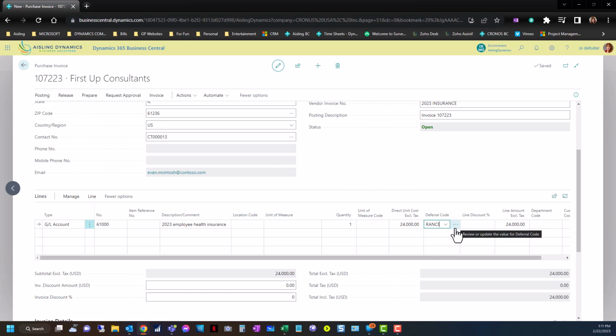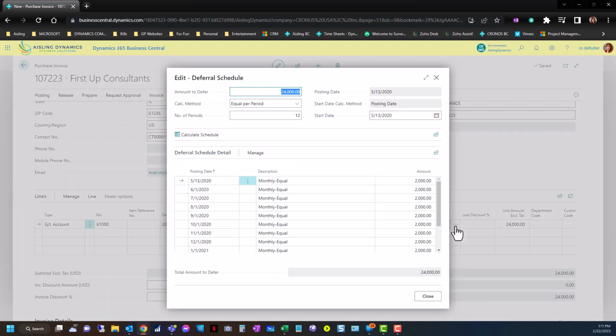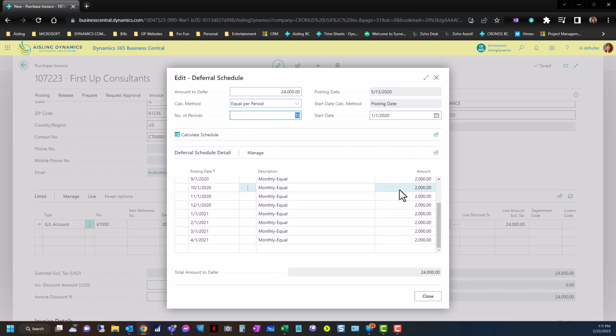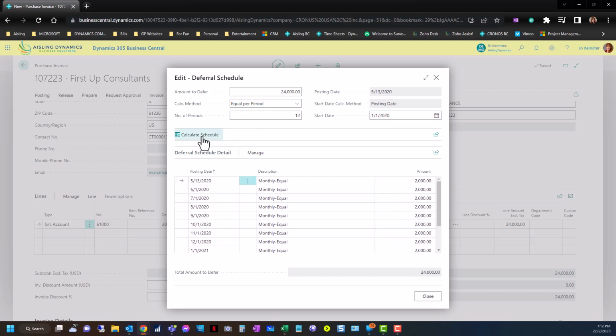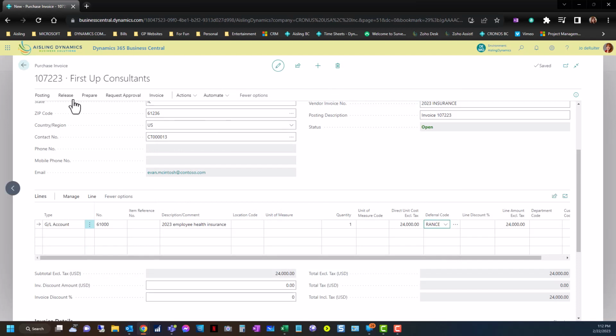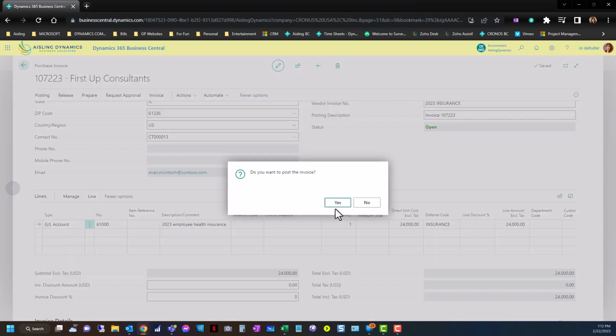If you use these 3 dots, then in here, I can actually say, I want you to start this on 1/1/2020, for a period of 12 months and monthly equal, and it's showing you what it's going to do here. I'll recalculate the schedule because I changed the dates. So it's going to hit my income statement equally for the 12 months of 2020. So I'm going to close that, and I'm going to go ahead and post my invoice,